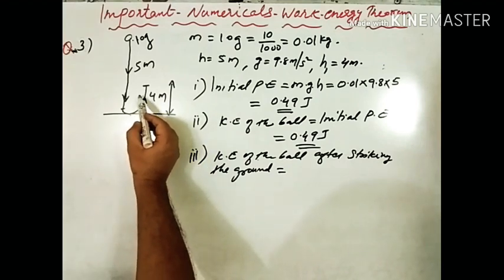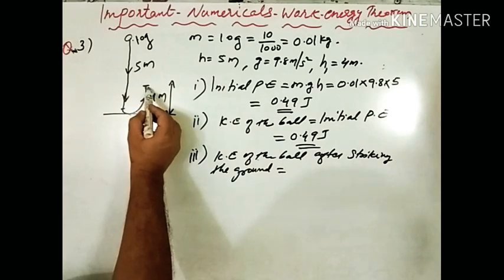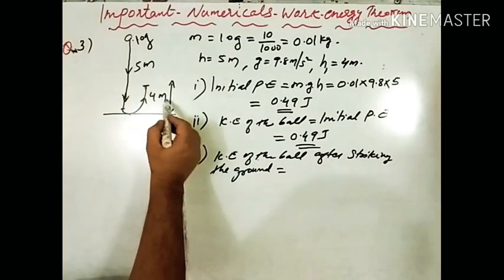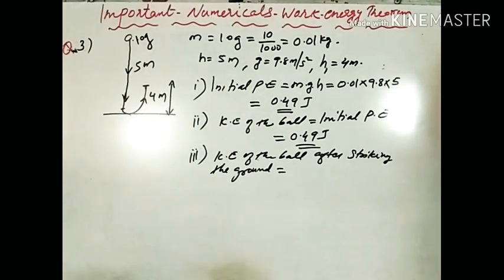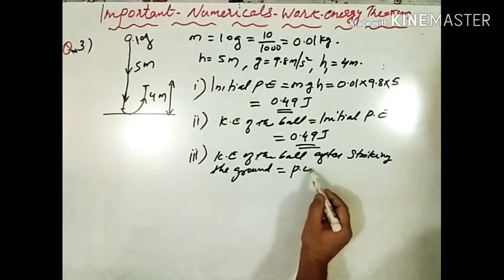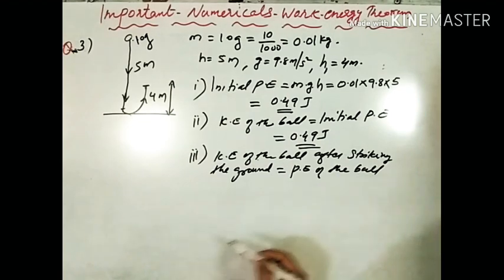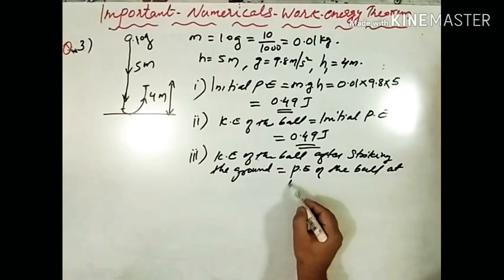The potential energy of the ball at the highest point. After striking, it will rebound to a height of 4 meter above the ground. So the kinetic energy of the ball after striking the ground will be equal to PE, the potential energy of the ball at the highest point,